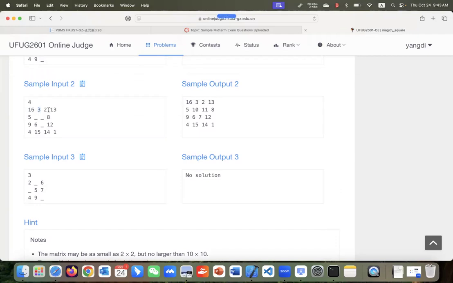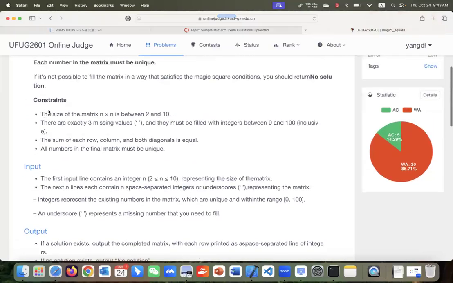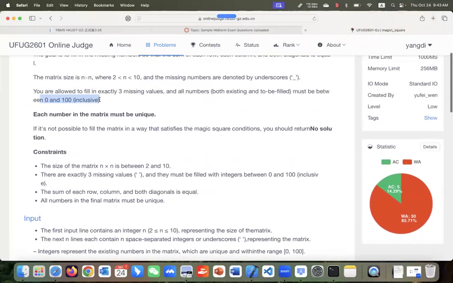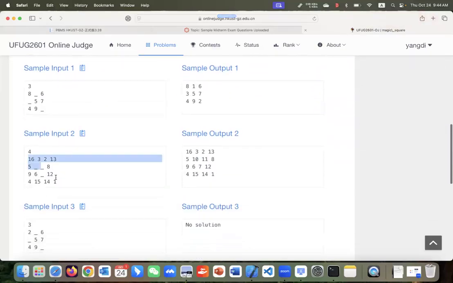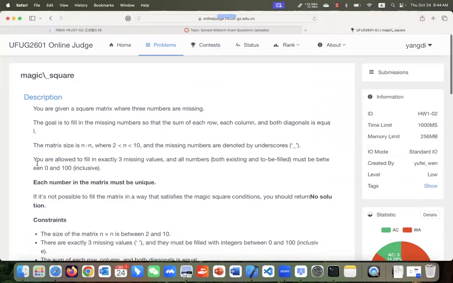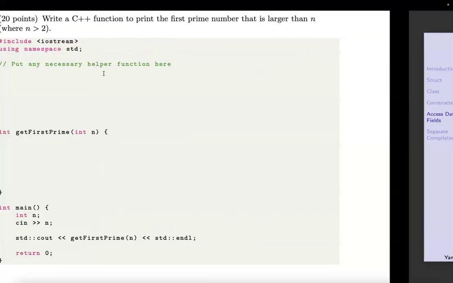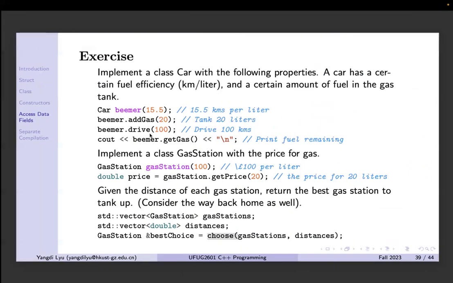You can try all the different combinations, right? Because all the values, you know the range, right? Between 0 and 100. Or something even easier, if some of the questions ask you to restrict the values to between 1 and n squared, right? Then the problem will be much smaller. But if it's, for example, 1 and 100, then what we can do is, let me close it out,